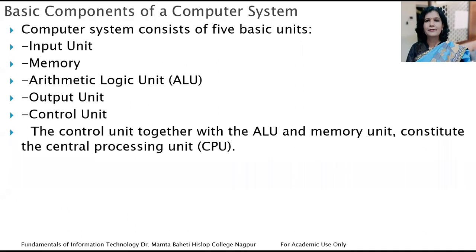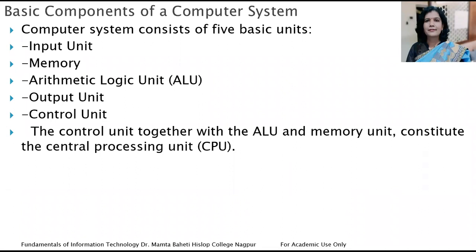कंप्यूटर सिस्टम के अंदर 5 ब्लॉक्स या 5 मेजर कंपोनेंट्स होते हैं, 5 मेजर यूनिट्स होते हैं, जिनके नाम हैं इनपुट यूनिट, मेमोरी, अरिथमेटिक लॉजिक यूनिट, आउटपुट यूनिट, और कंट्रोल यूनिट। ओके. अब इसमें ये जो कंट्रोल यूनिट है, जैसे हमारे ह्यूमन ब्रेन में एक पार्ट है, आंखों का एक पार्ट है, हैंड्स अलग हैं, लेग्स अलग हैं, और अलग अलग कंपोनेंट्स एक साथ मिलके हमारी ह्यूमन बॉडी बनाते हैं। सेम वे में कंप्यूटर में ये जो 5 ब्लॉक्स हैं, ये आपके कंप्यूटर सिस्टम को बनाते हैं।